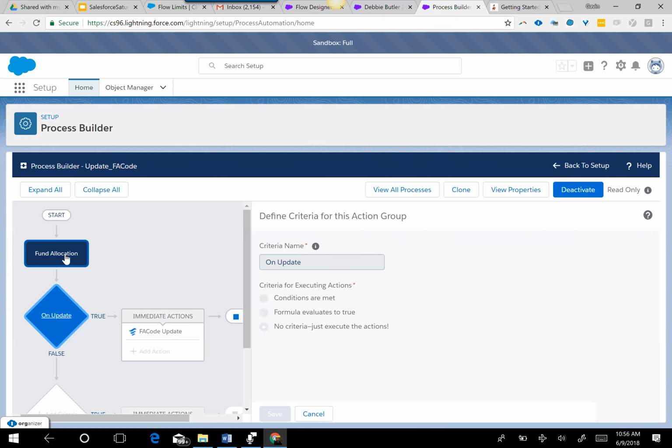Because the tool Rollup Helper, it's great. It also has declarative functionality, but it's not free. It's quite expensive to non-profit clients. So